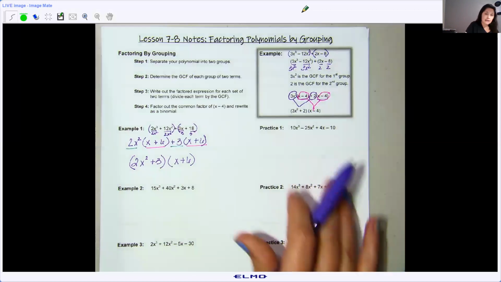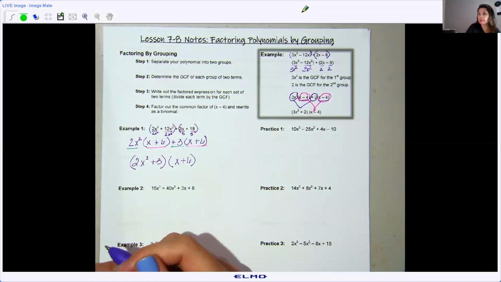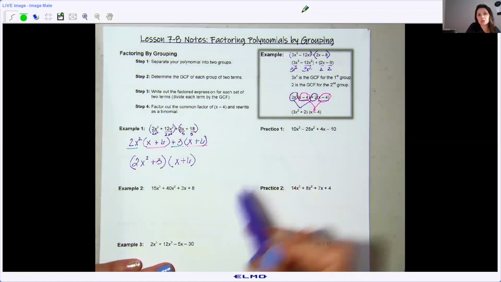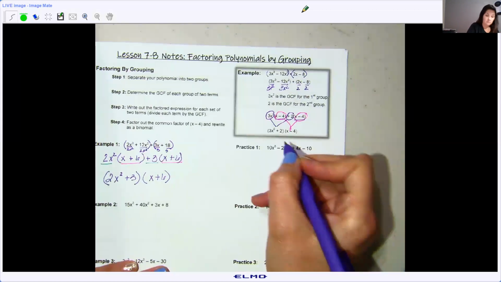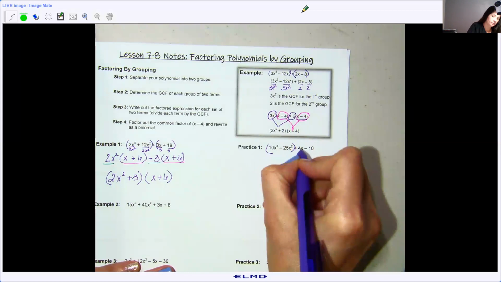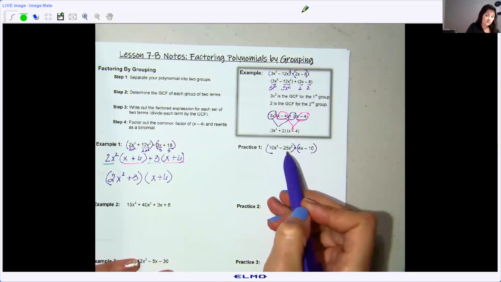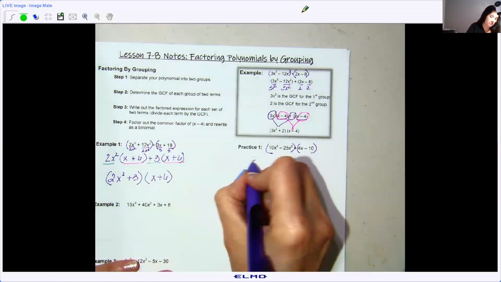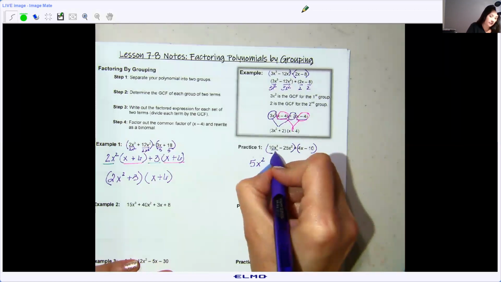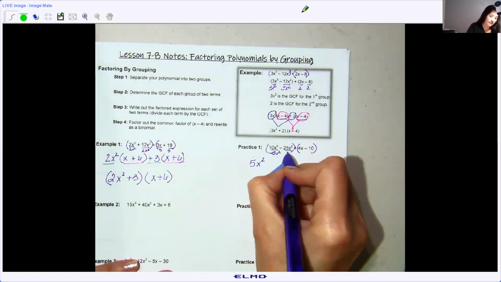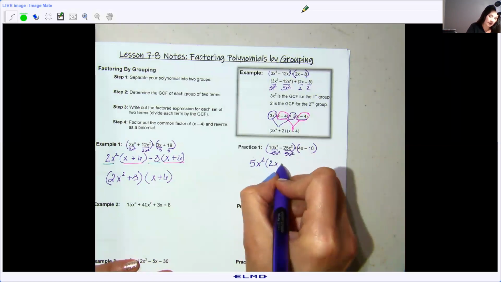All right, let's go ahead, and if you want to try this practice on your own, you can. See if you can do that. The only difference in this one is that you have some subtraction here, so just watch those. Okay, so I'm going to set up my two groups, okay? And in this first group, my greatest common factor is 5x squared, okay? And I'm going to divide these by 5x squared, divided by 5x squared, and I end up with 2x minus 5,